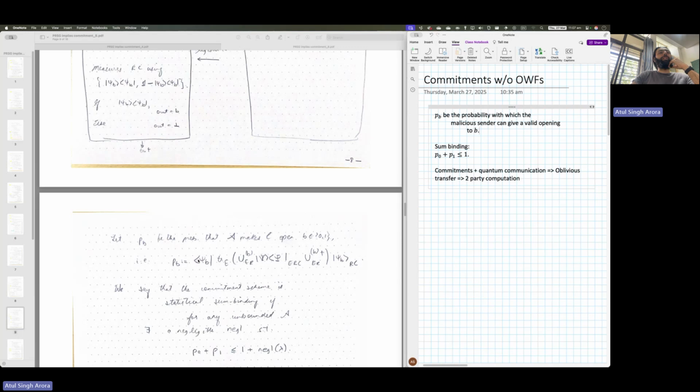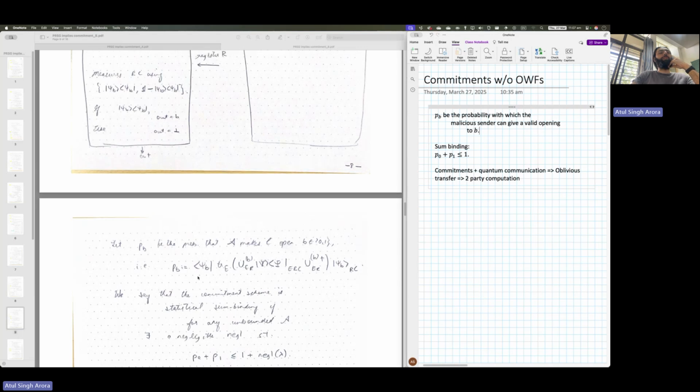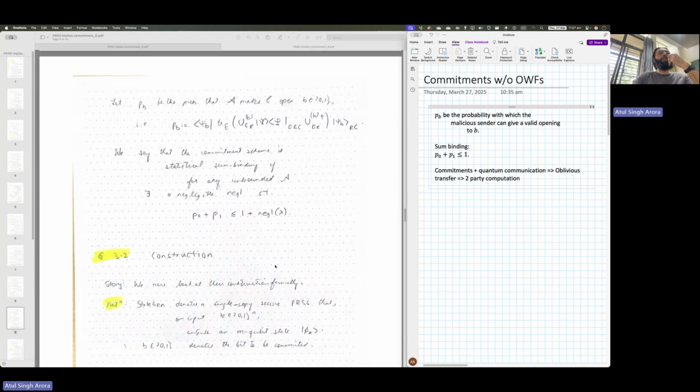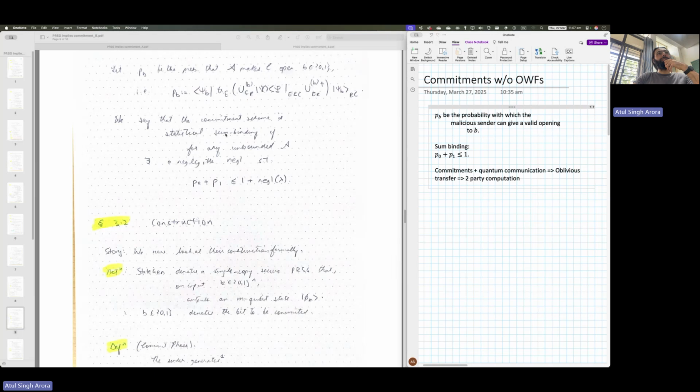And then the probability that the receiver is going to output little b is just the probability that the outcome is psi b, which is exactly this probability. Now we say that the commitment scheme is statistical sum binding if for any bounded a,